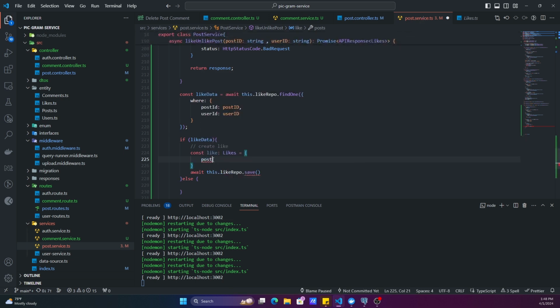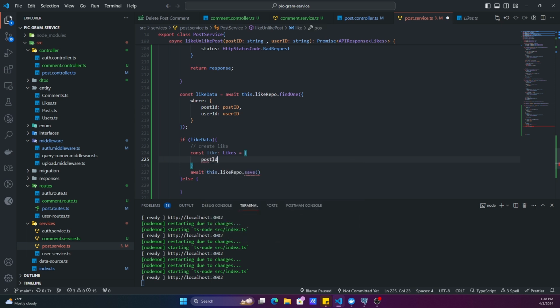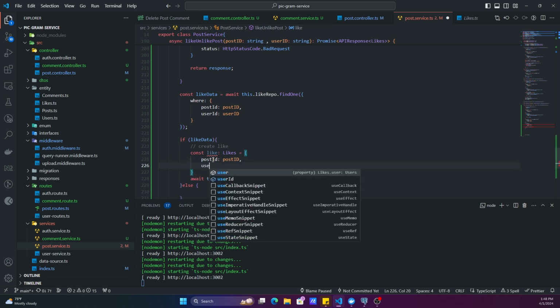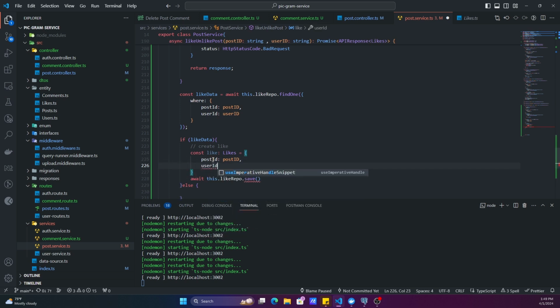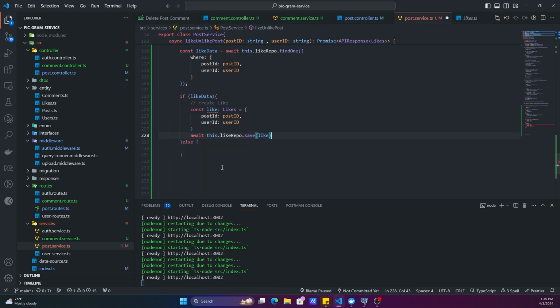So our post ID is going to be equal to the post ID we're going to pass in over there, and our user ID is going to be our actual user's user ID, right? So this is going to be our like. So we're going to pass in our actual like over there like that, and then we're going to save,